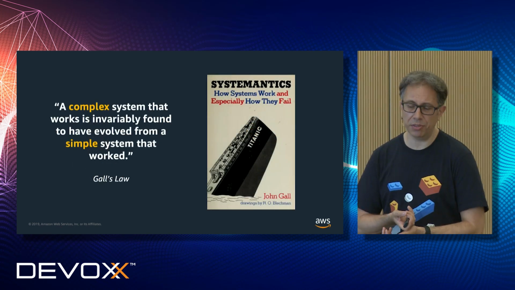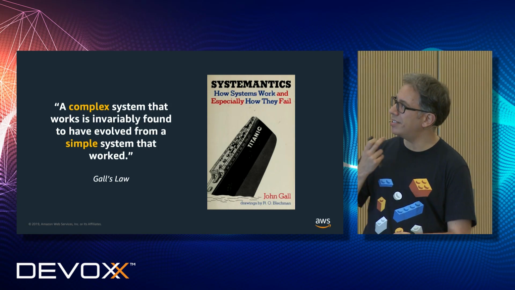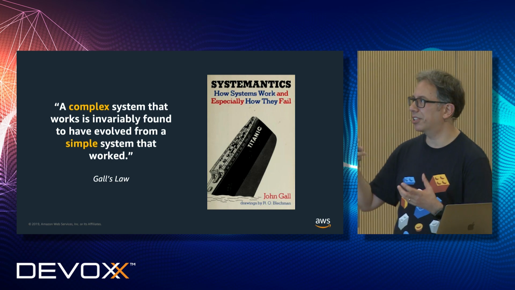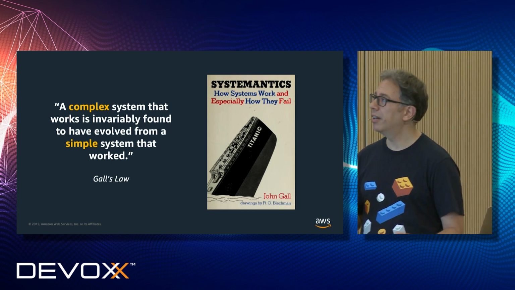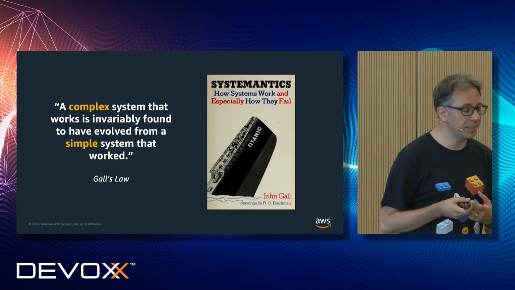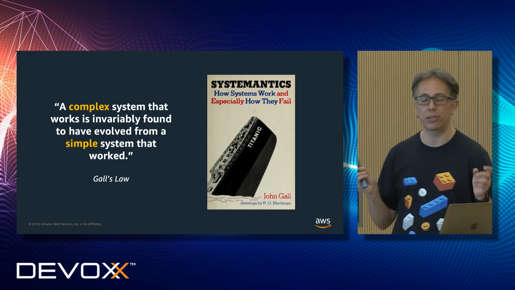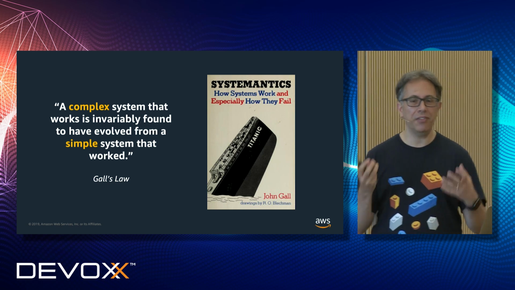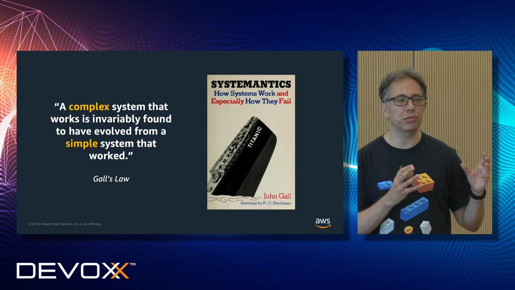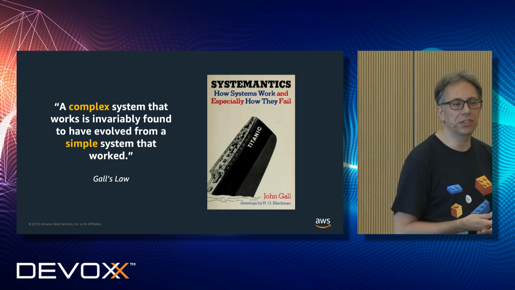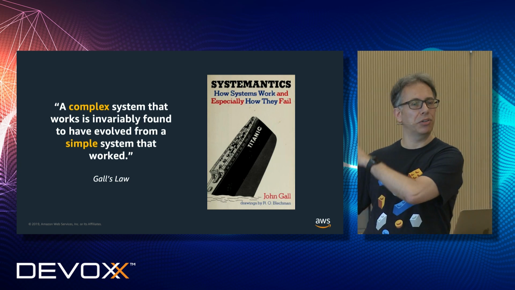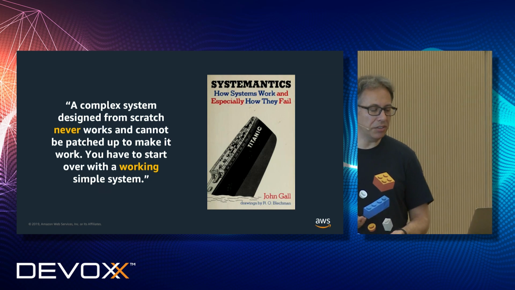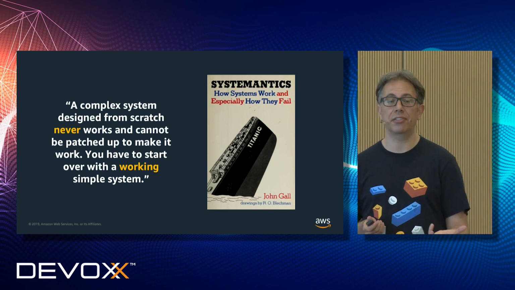And this is also something that was investigated in the 70s. This is John Gall. This is the book that created what we now call system theory. And in this book, he wrote this sentence that is now referred to as Gall's law, that says that you can't create a complex system from scratch. Every complex system that works needs to start as something simple, and then you have to add features. I think this is a corollary of what we saw before, but I think it's a very nice way of looking at things. And you really need to start with something working and then add features.